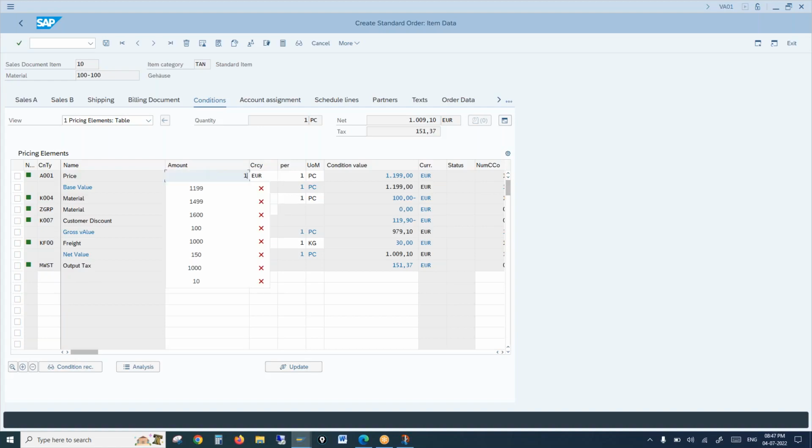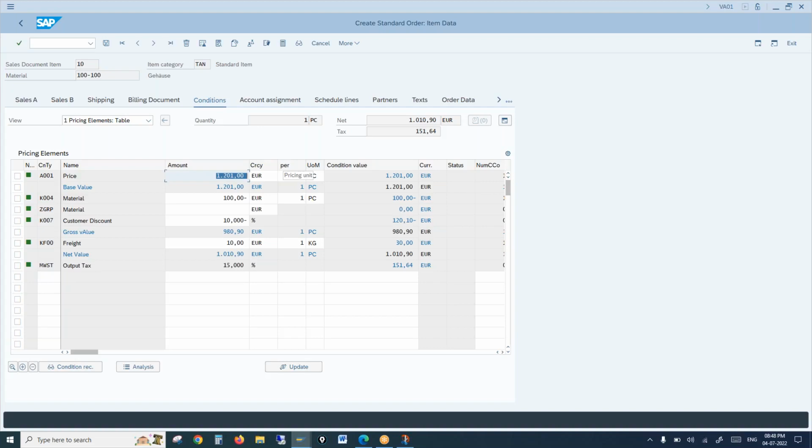Only when the total document touches a particular value, whatever you want it to be, the condition value, then the system will propose it. Anything less than that, the system will not propose. Okay, anything less than this, it will not propose. It should be more than that. Right. So that is a group condition where we could propose an additional discount